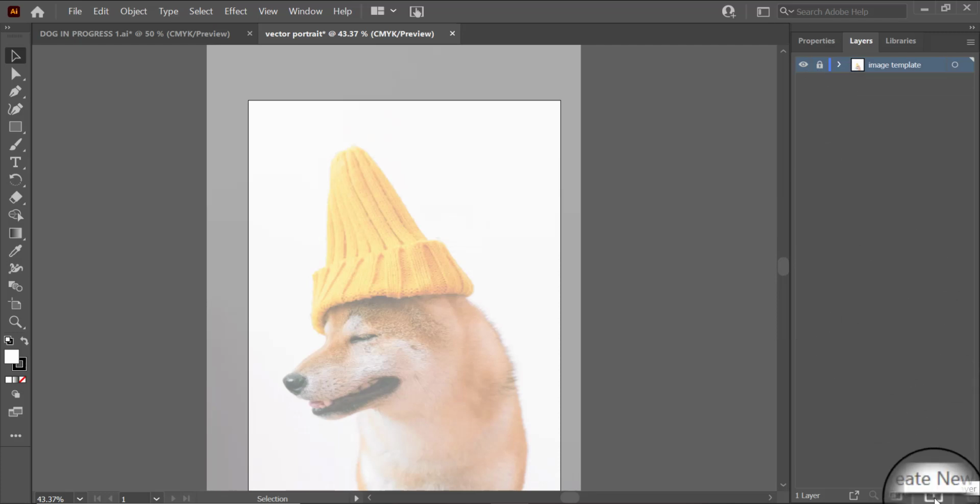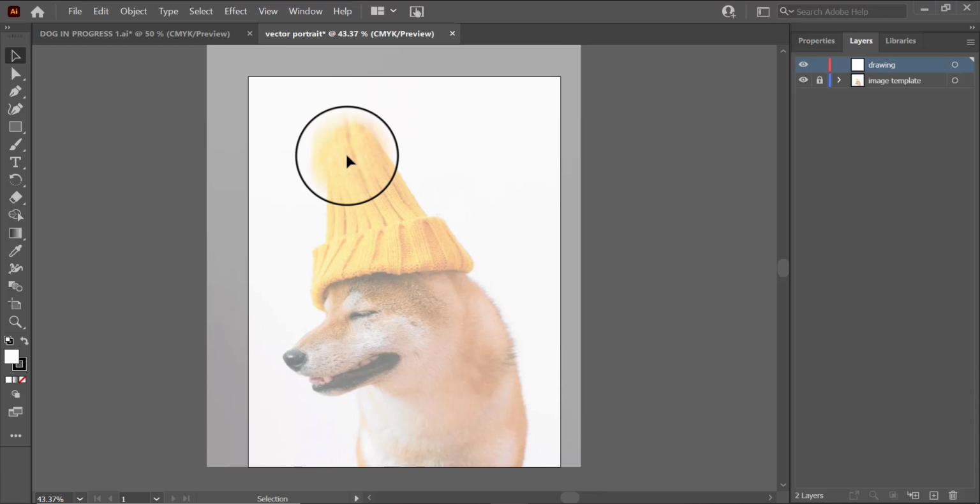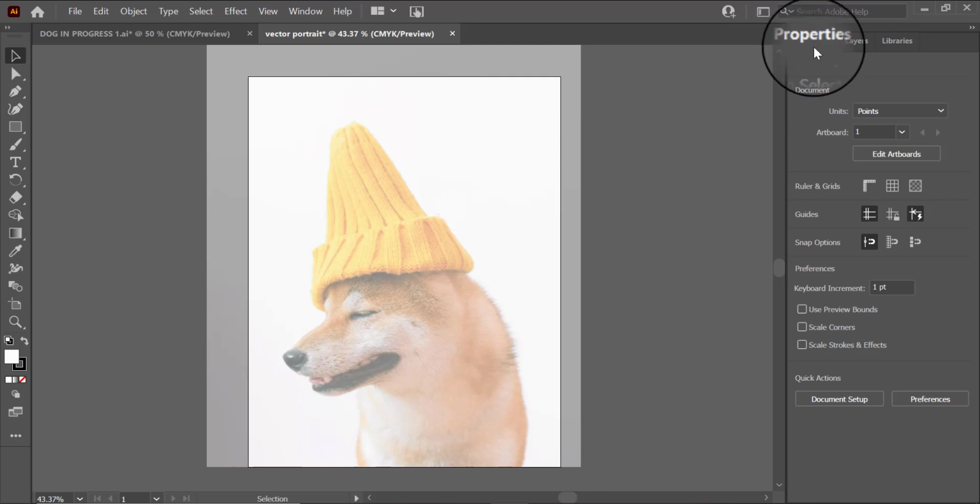So I'm going to click on the new layer icon and I'm going to call this one Drawing. And from here I can basically use a combination of drawing tools so that I can trace the contours of the dog and start filling in all the details. I'm going to flip over to the Properties panel just so it makes it easier for me to see what